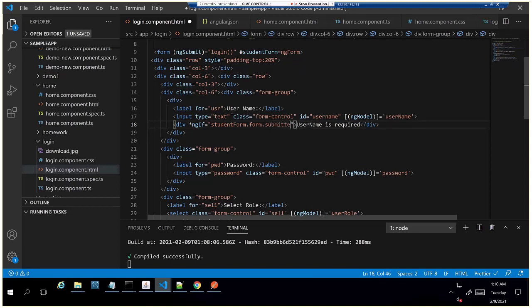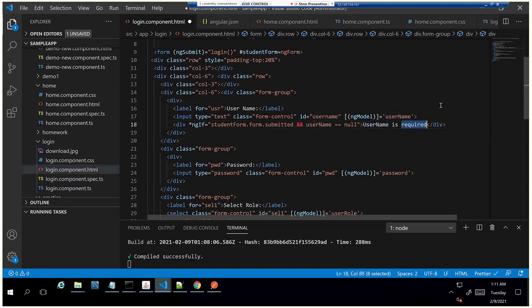It will check whether the form is submitted, and the value of this username is null, or length equal to 0, anything is fine. Here I am checking whether it is equal to null, and we are displaying this message.